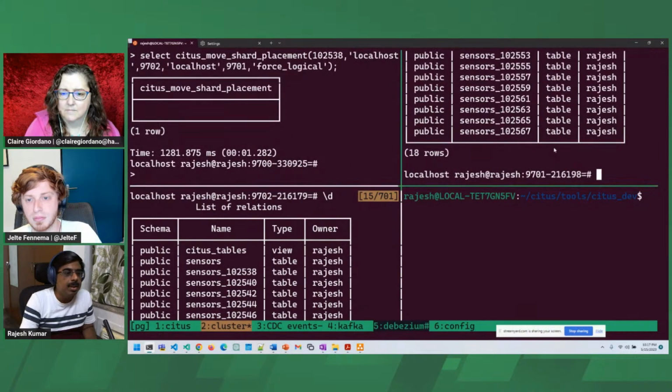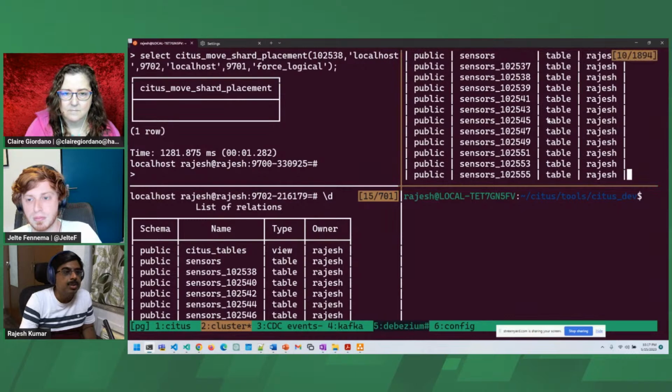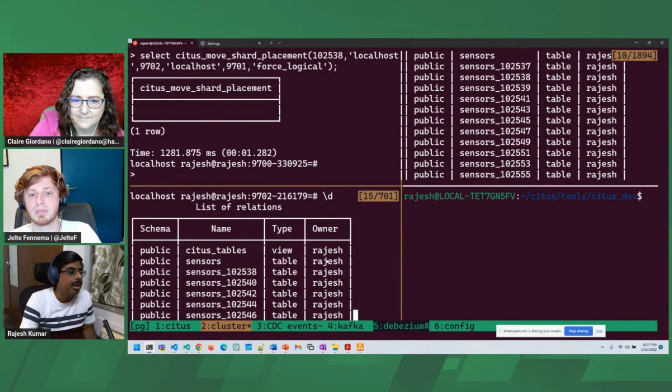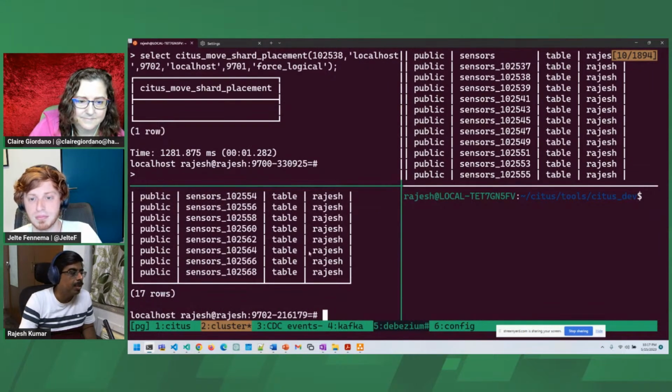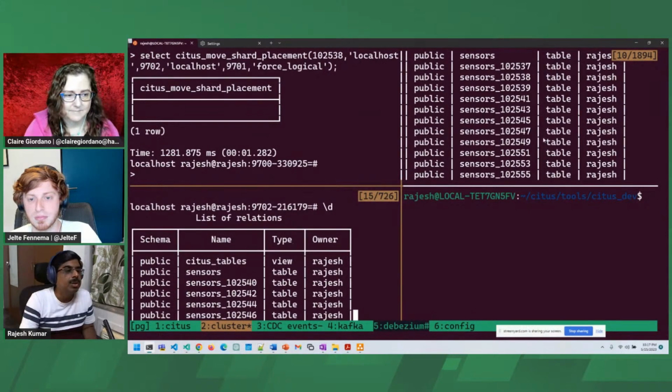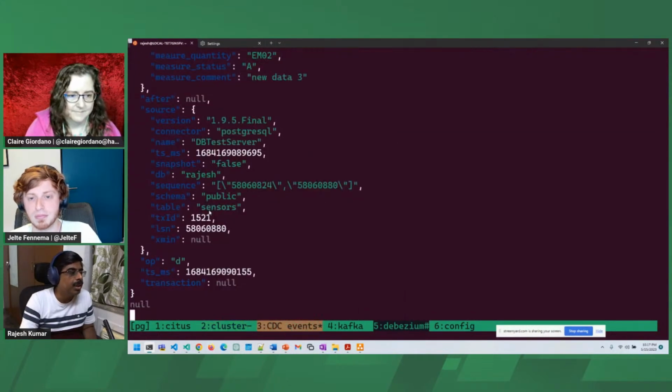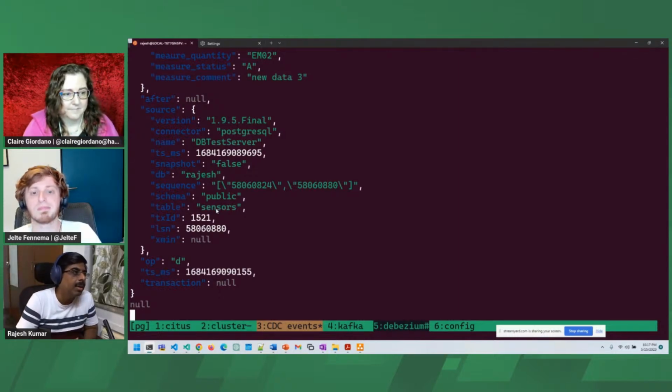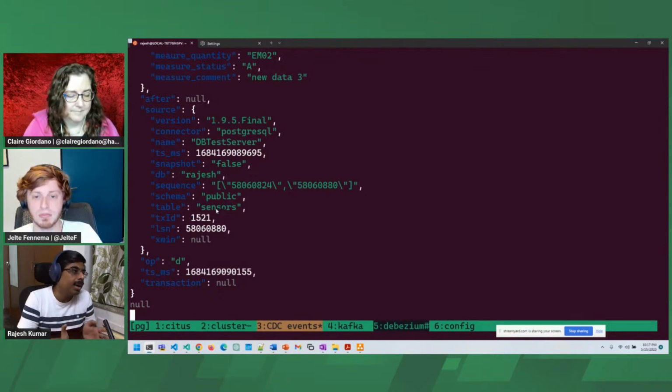So this shard has been moved there. So we can see whatever we moved, 538, has come here, and it will move from here. Right? So the shard got moved, but as you can see, there is no event, right? So there will be multiple rows in that table. While moving that, they don't emit any events to Kafka. So the application can work from the logical view of the table instead of a particular,